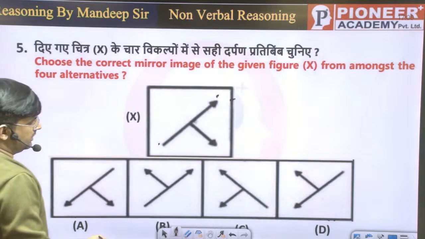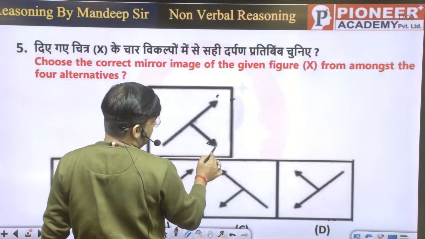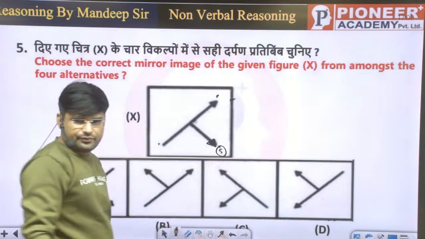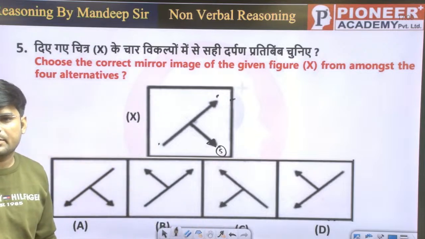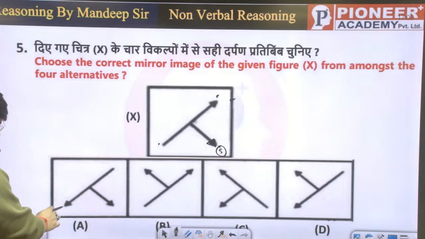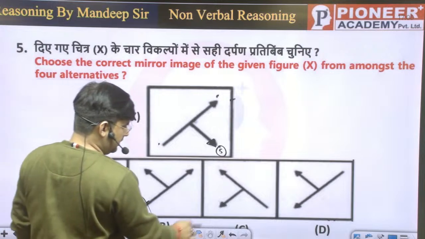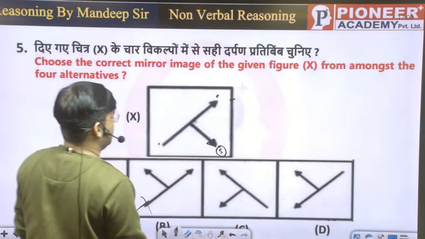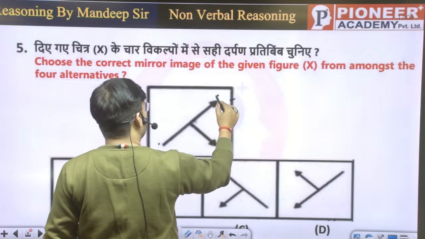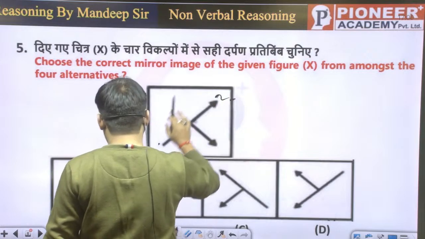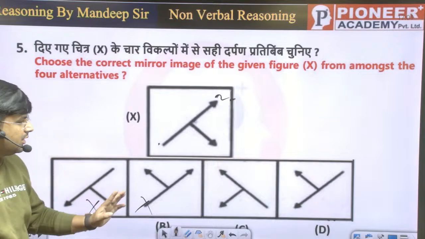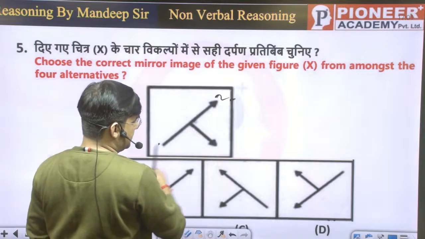Darpan Pratibimb (mirror image). If you see, this one is at the place of 5, so 5 becomes 7. It can be. And this one is at the place of 2. This can be at the place of 10. This one is wrong. And this one is also